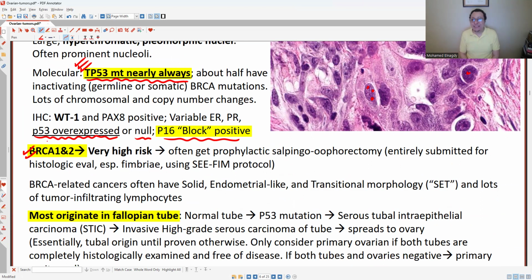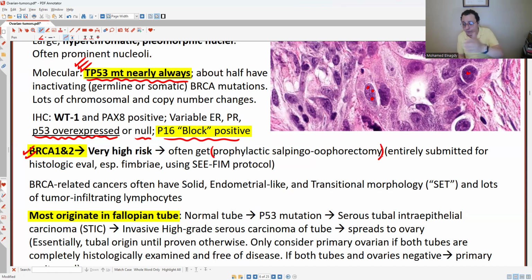Just also memorize, please, that the high-grade serous carcinoma of the ovary is the most common ovarian cancer, not only in the ovaries in general, but it's the most common ovarian cancer happening in those who have BRCA mutation. So BRCA mutation equals breast cancers, ovarian cancers, hereditary breast cancers, hereditary ovarian cancers, premature. It happens at a very young age. So you'll need to remove the breasts and remove the ovary prophylactically. That's why they call it prophylactic